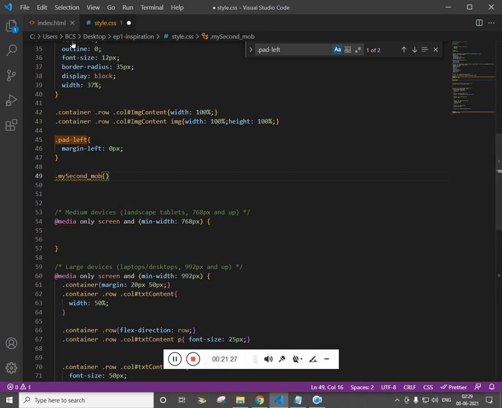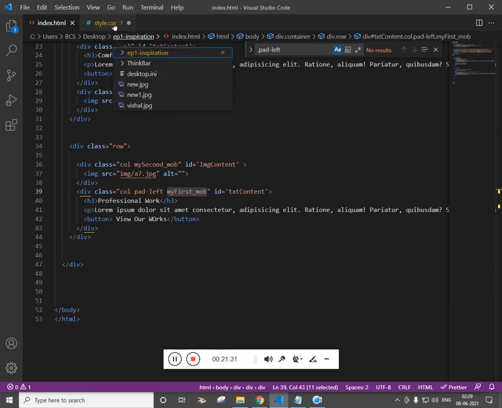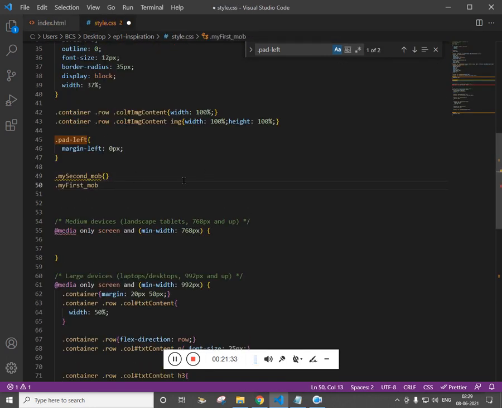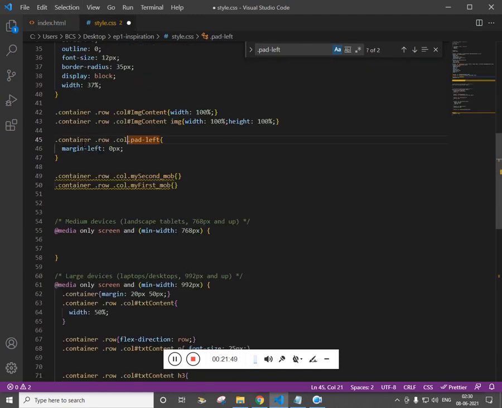This is the second one, and this is going to be the first one. And never forget the hierarchy. As I said, this is with the column, so this also is with the column.